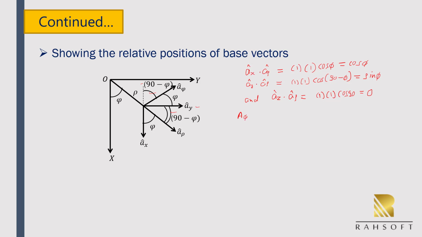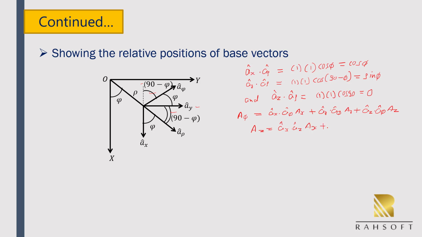So now further, the vector a phi is equal to unit vector ax dot unit vector a phi times vector ax, plus unit vector ay dot unit vector a phi times vector ay, plus unit vector az dot unit vector a phi times vector az, and az is equal to unit vector ax dot unit vector az